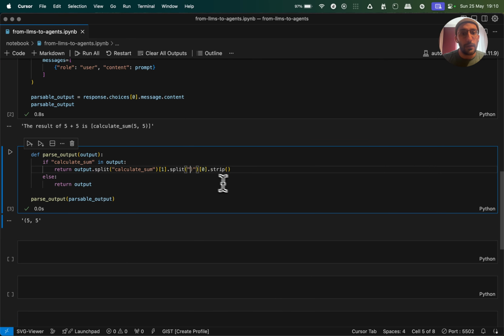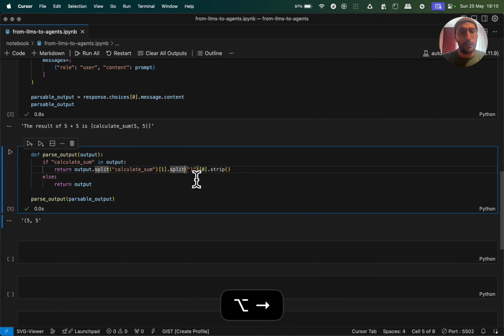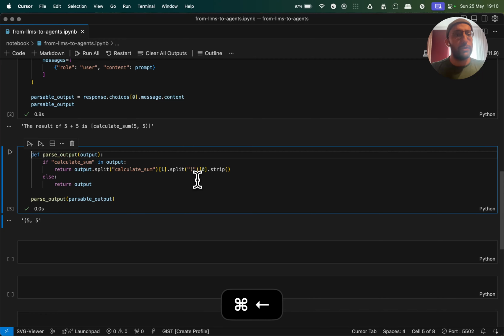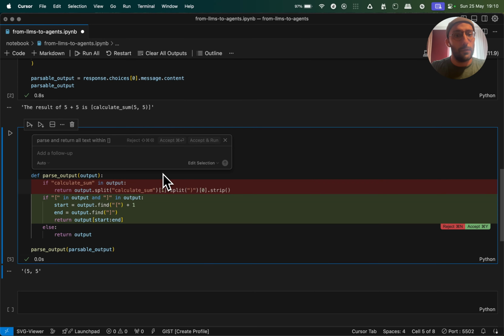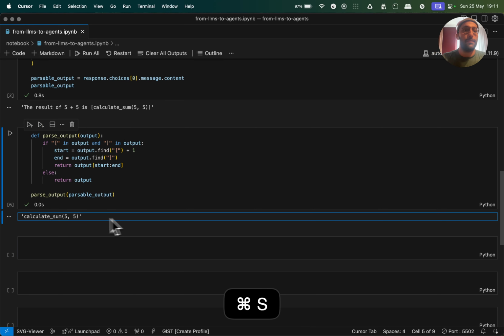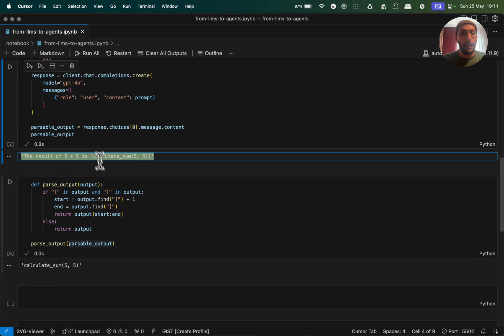Let's just change this to be like parse and return all text within brackets. Okay, perfect. Nice.